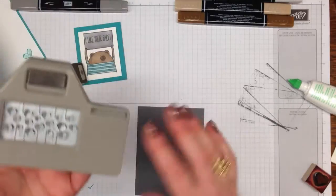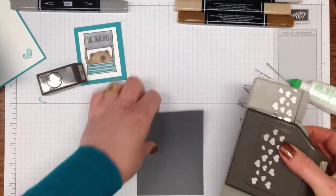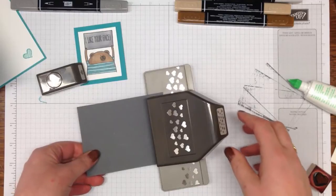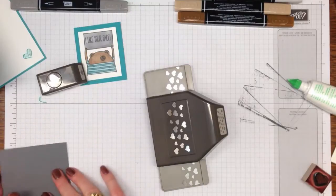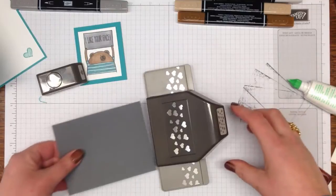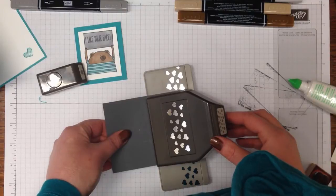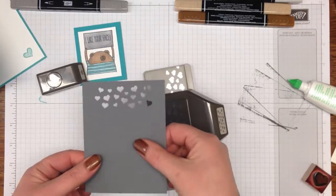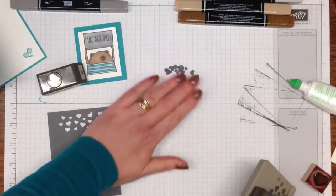Now I'm going to bring in this new border heart punch. We're going to use the confetti that this makes for the inside of the card. This piece, sorry, 4.5 by 3.5. The 3.5 side is just fractionally larger than the punching area. So all I'm going to do is pop it in, make sure it's even both sides, and punch, and that gives a lovely topper piece to the card, and it gives you confetti, but that's not